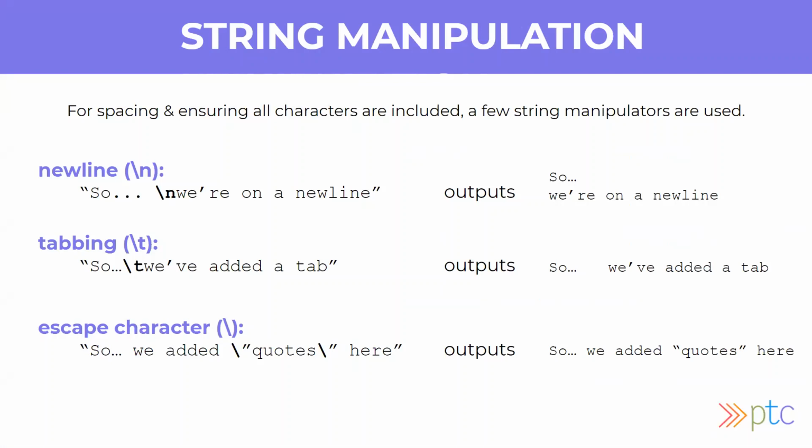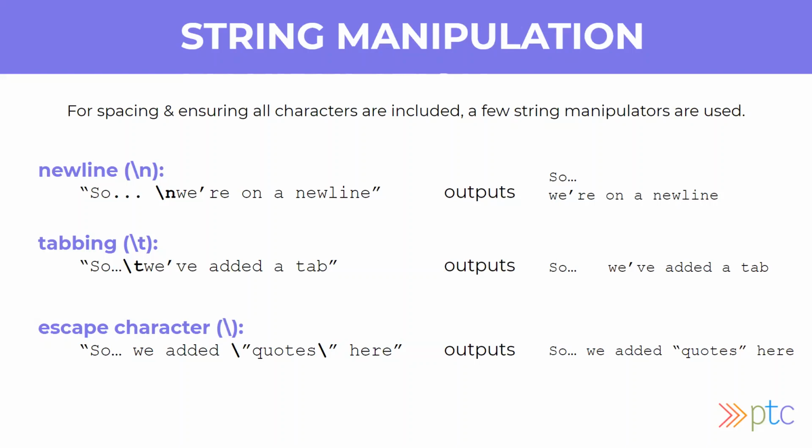So now, of course, most operators are only used with numbers. When you're manipulating strings, to make sure the characters you want to include are included and that the spacing lines up as you want it to, you have to use string manipulators. The new line manipulator, which is a \n, moves whatever follows it into a new row. And the tab manipulator, \t, acts like the tab button on your keyboard, which pushes whatever follows it to the